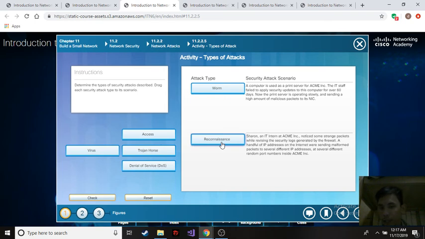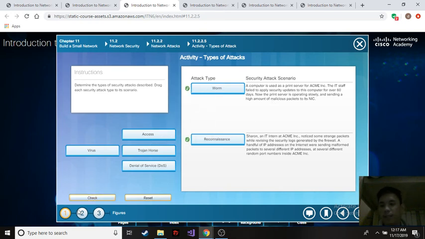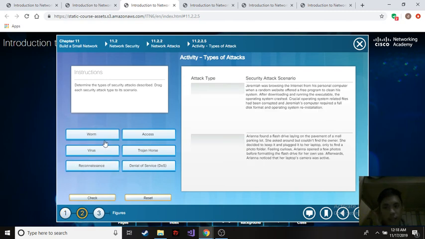So let's check if we managed to identify the attack type on each scenario. We managed to answer it correctly. So the next scenario would be